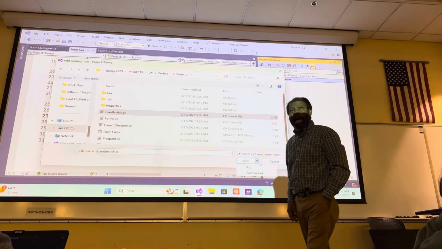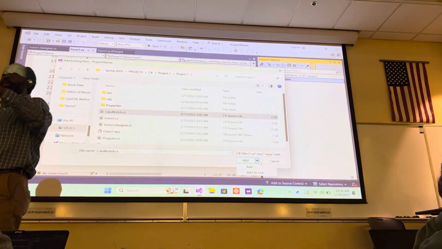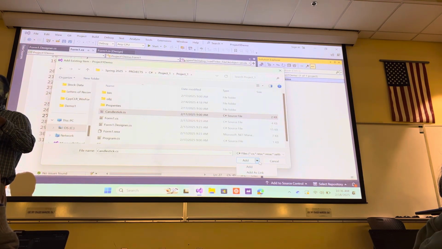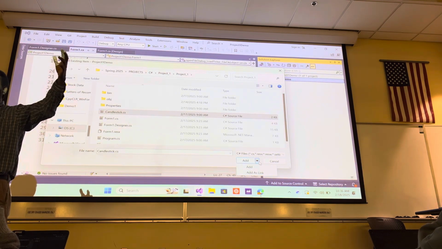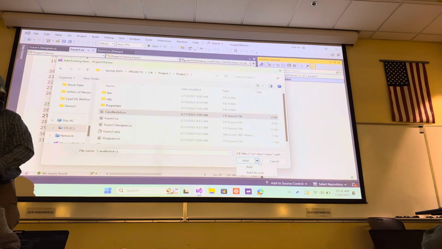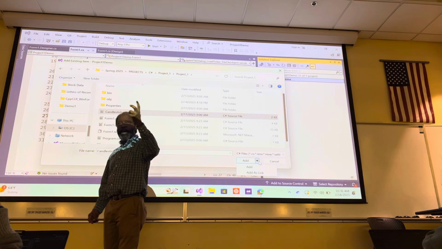If I just say add, it will grab that whole file, make a full copy of it and put that in my project, okay? So it's just going to clone the other candlestick.cs file, make a copy of the file and put a file like that in there. Or I can say add it as a link,